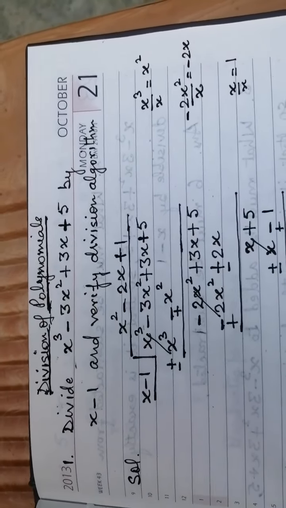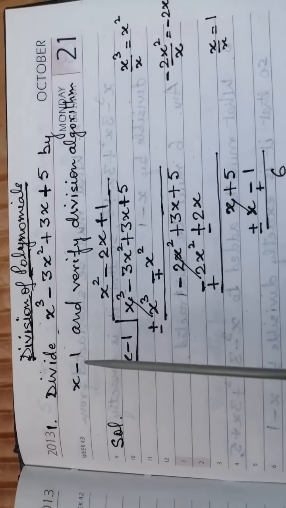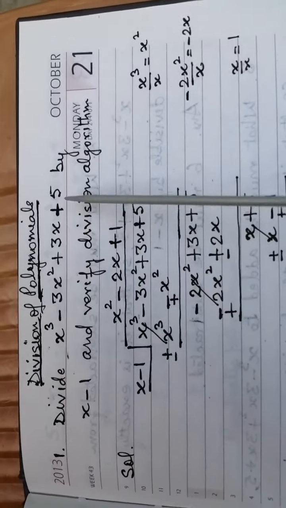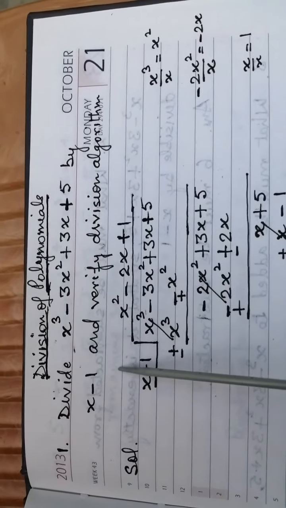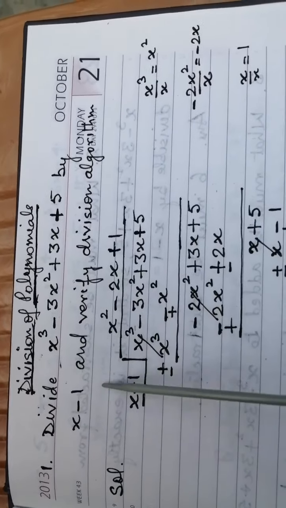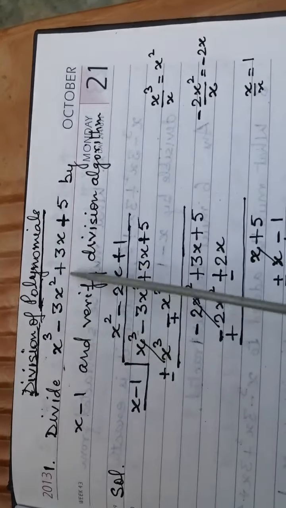I start with division of polynomials. How to divide a polynomial by another polynomial. So first question is divide x cube minus 3x square plus 3x plus 5 by x minus 1 and verify division algorithm. Now before I proceed further, very important is whenever you are going to divide the dividend and the